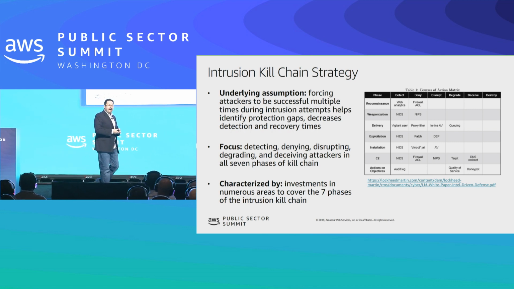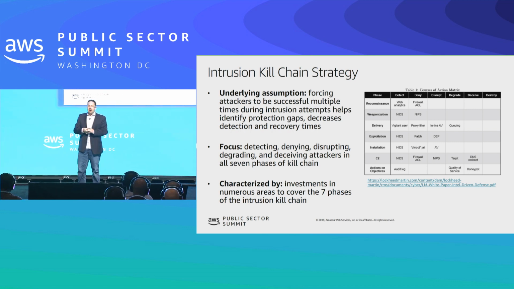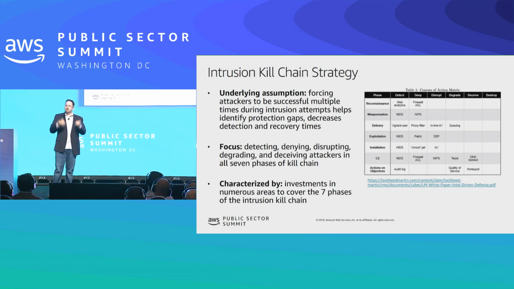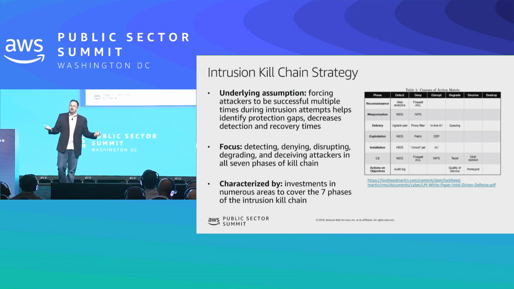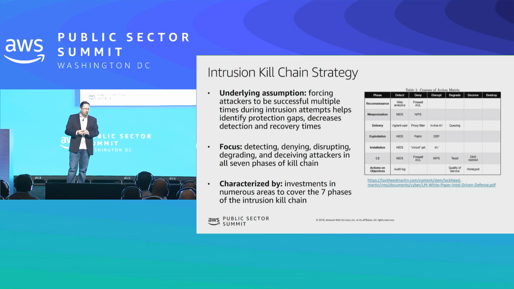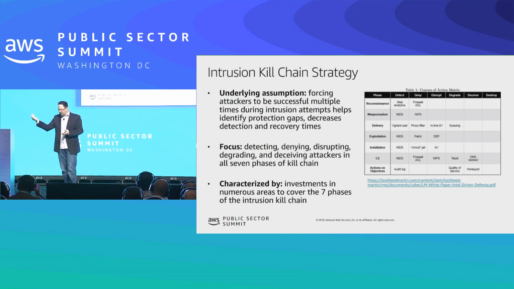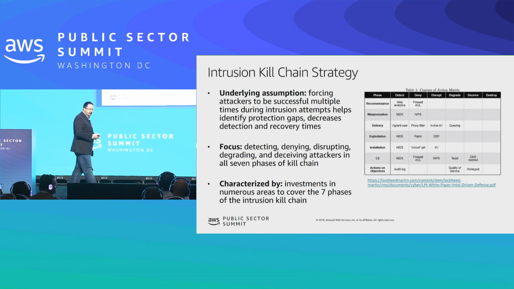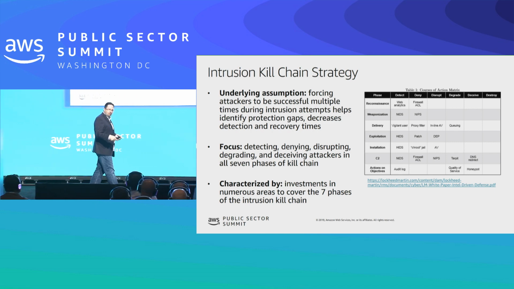Once they deliver it, when the person double clicks on the malformed PDF as an example, then exploitation happens, right? So now if you're not patched for the vulnerabilities that they're trying to exploit, you actually get exploited. Now they have privileged access to that system and the ability to do a range of things, including running arbitrary code in some cases. Then installation, now they're going to download more malware, or they're going to unpack it from the original file, install it on the system so they can remote control it.